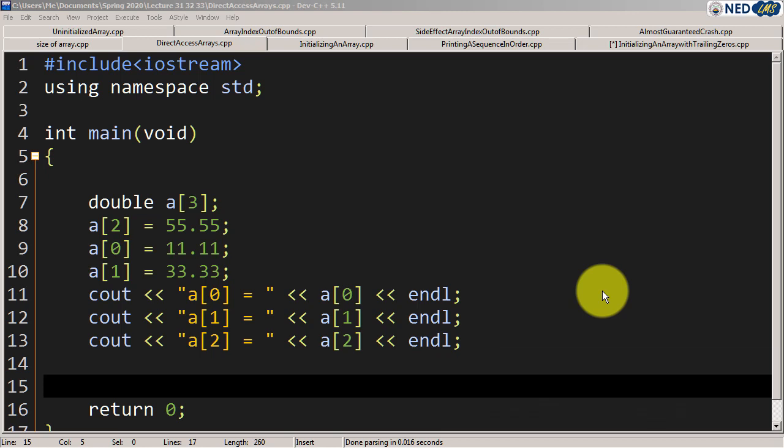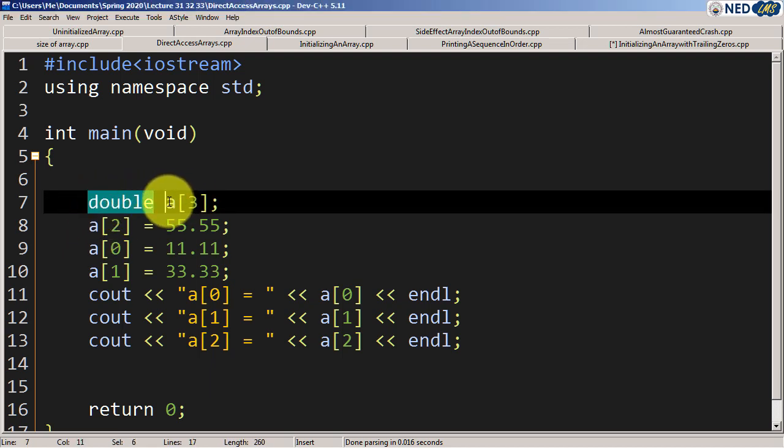In lectures number 31, 32, and 33, we will be looking at the topic of arrays, that's A-R-R-A-Y. It's the simplest data structure, a sequence of objects which all have the same type. For example, I've declared an array of name A, and it has a size of 3. That means it can store 3 double type values, and the index of an array in C or C++ language